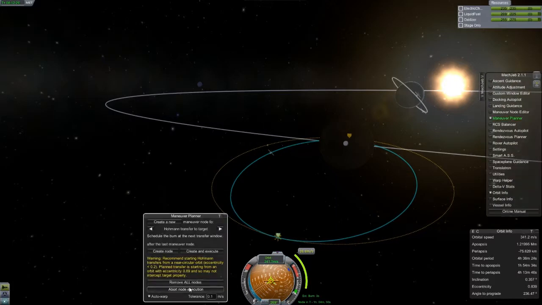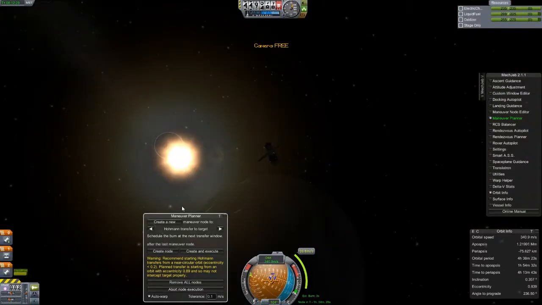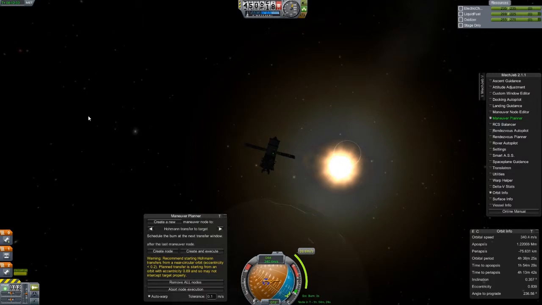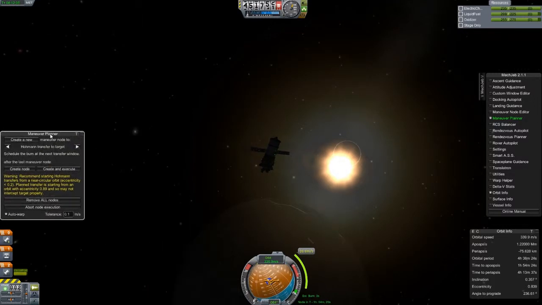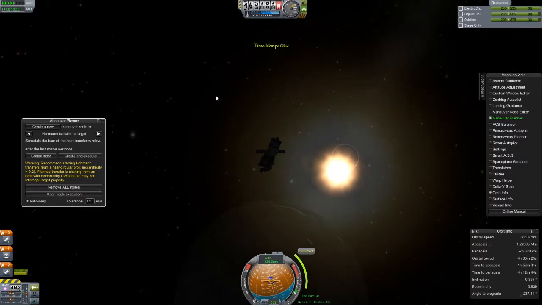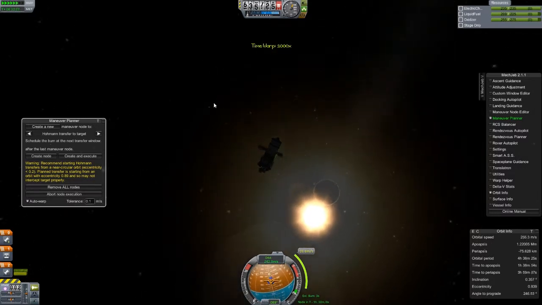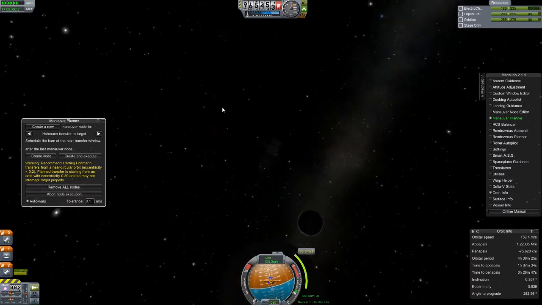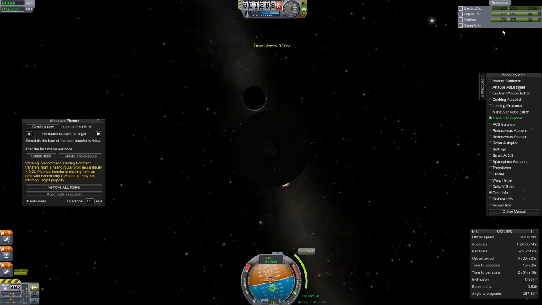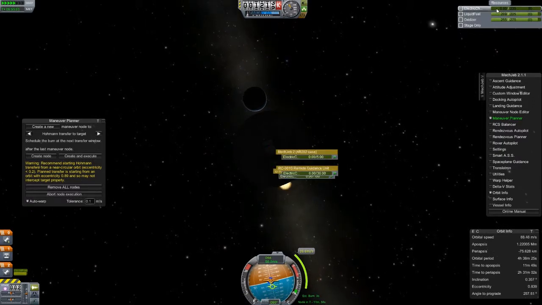Execute next node. Just remember as well, for people that don't use MechJeb that much, if you're ever using it and you press cancel before the node's complete, either remove the node manually or do remove all nodes, because next time you click execute next node, it'll do the one it was previously trying to do, and it'll muck up whatever mission you're trying to do. Trust me. Oh, and I've gone back into the...